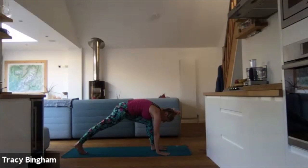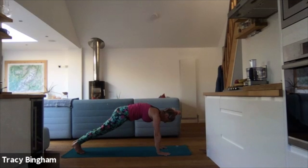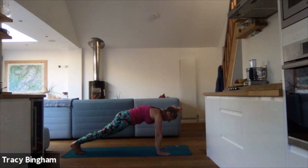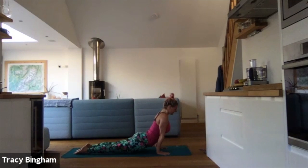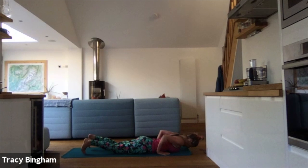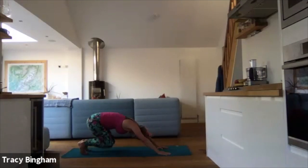Twist on the back foot so you come onto your tiptoes and then step that front foot back. Either bring your knees, your chest and your chin to the floor or come down through chaturanga and then into cobra or up dog. Either one, really stretch that chest forward so you feel the stretch down the front of the body. If you're in up dog, make sure the legs are engaged, then knees pop up off the floor. Exhale, come back down to the mat, tuck the toes, and then take the hips back and up into downward